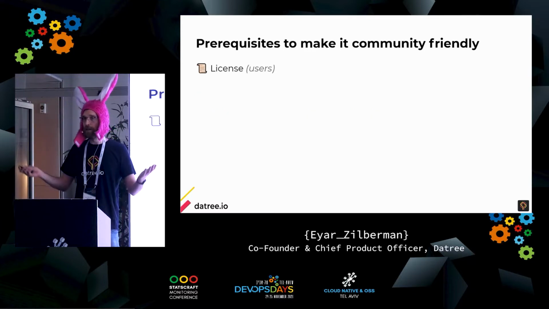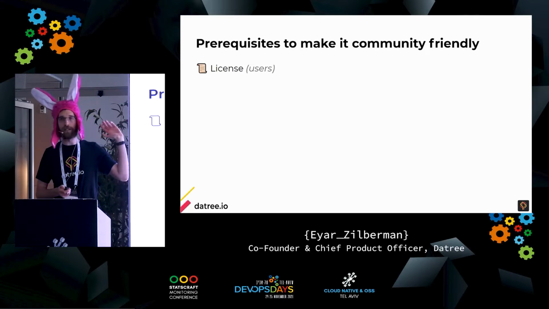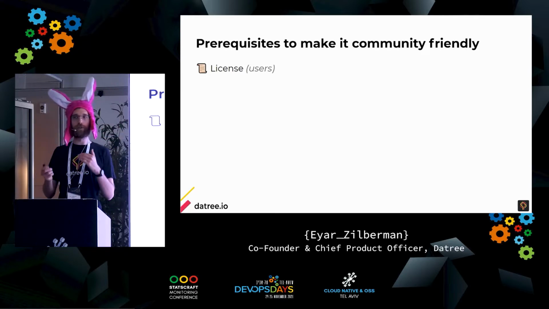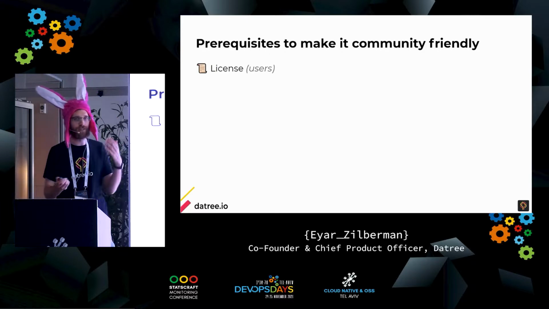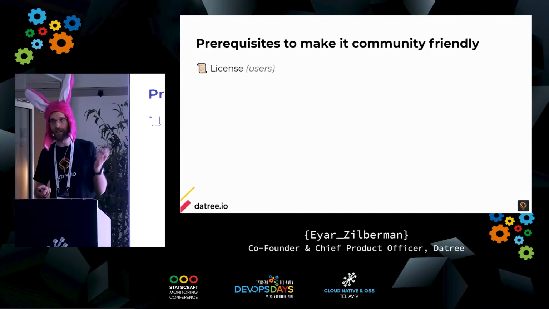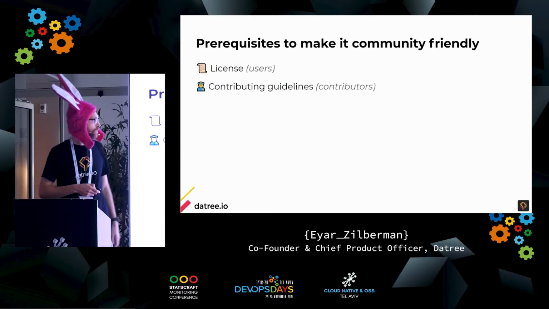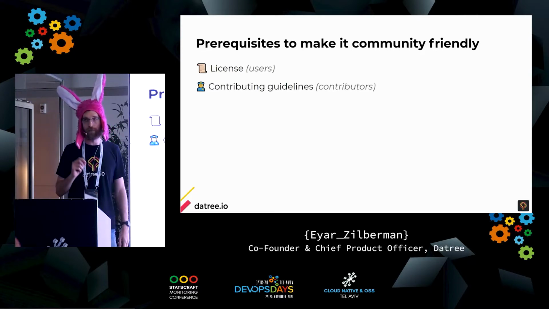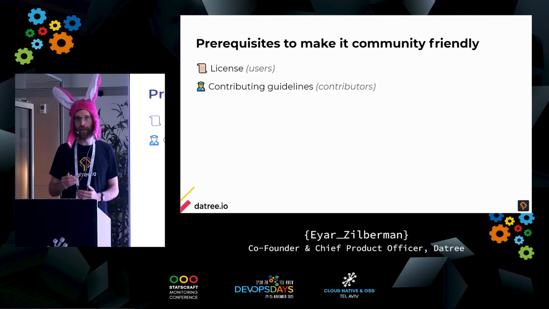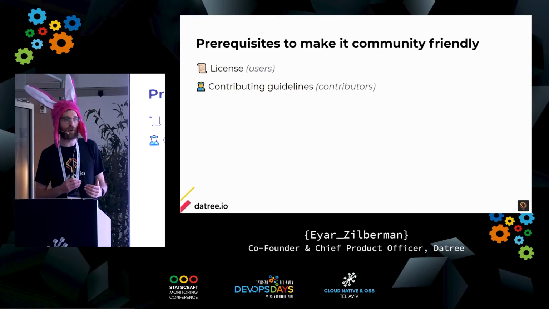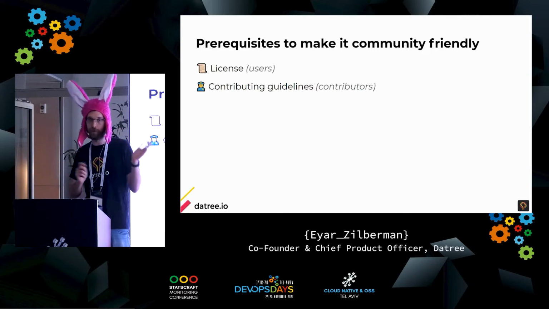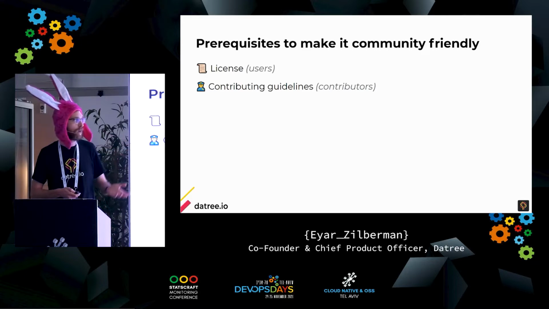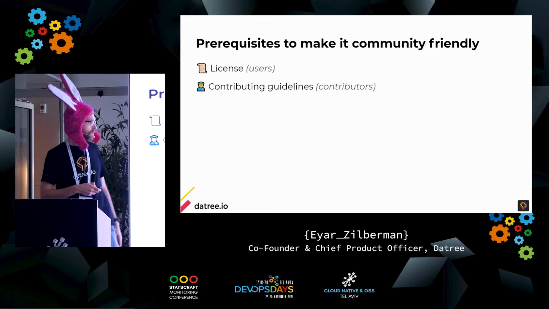Prerequisites when you start a project: have the right license. I'm not going to talk about how to choose a license. It's another topic, another presentation. But basically, as a rule of thumb, the MIT license is what works for everyone. Contributing guidelines. It's really, really important when someone wants to think about using the project or contributing code. You want to know what the rules are to do that. So it's really important to write a document, put it inside the repository, that will explain to everyone how to do it.